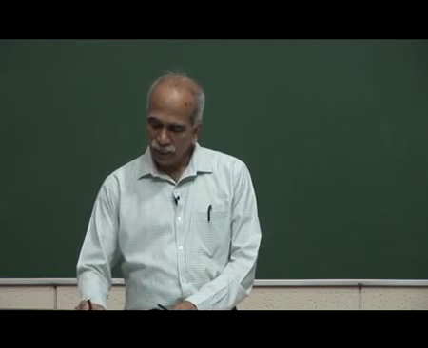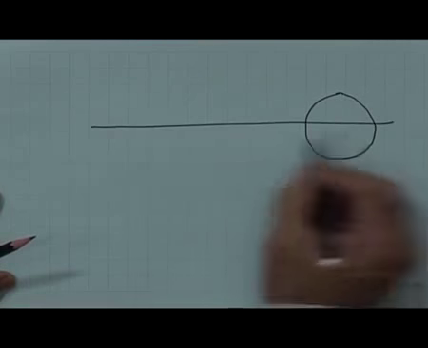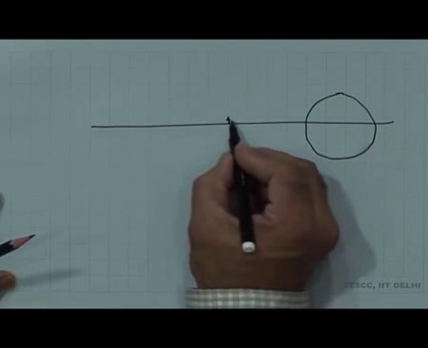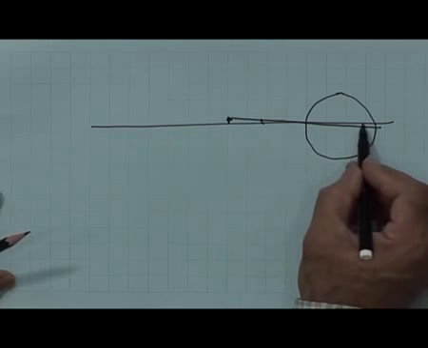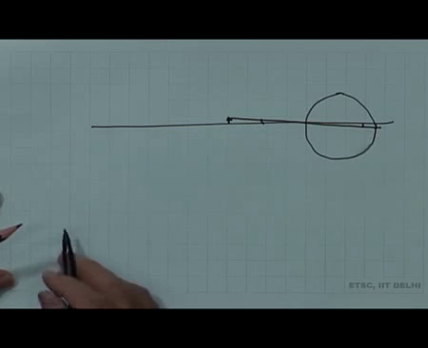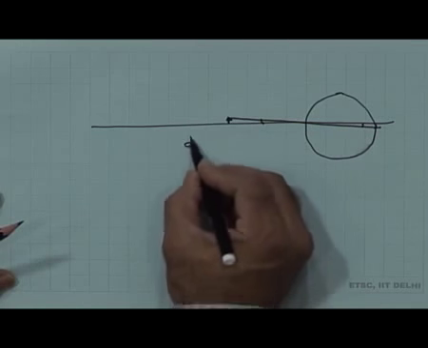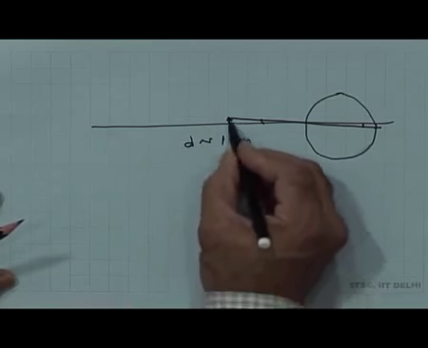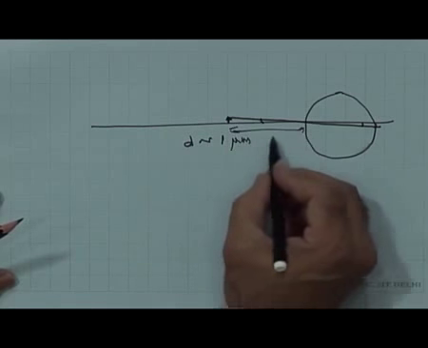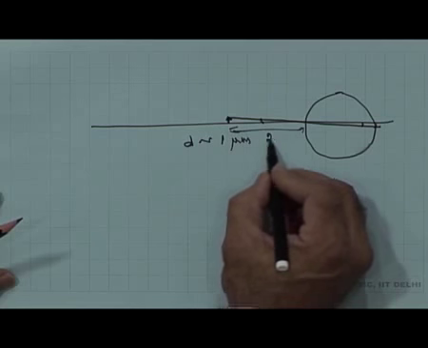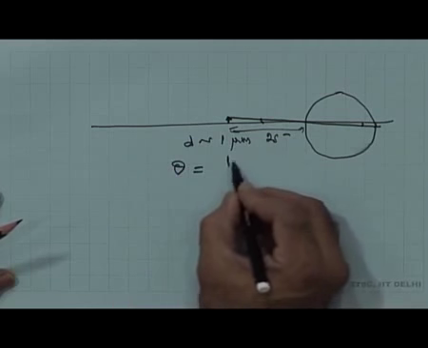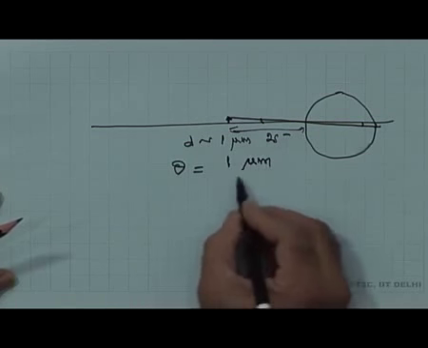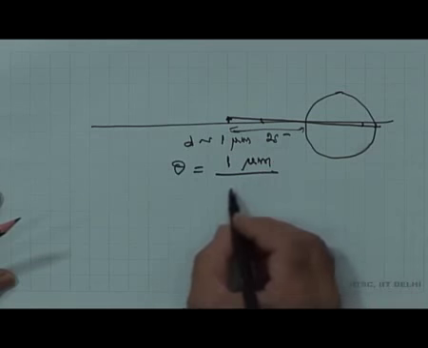So, again let me show the eye here, and a small object which may be very close, like a very small pin or something, then that will also subtend a very small angle here, and that may be less than the angular resolution here. For example, if I have this size d equal to 1 micrometer, and even if you keep this distance equal to, let us say, 25 centimeters minimum that I can see, then you can immediately calculate theta is equal to 1 micrometer,